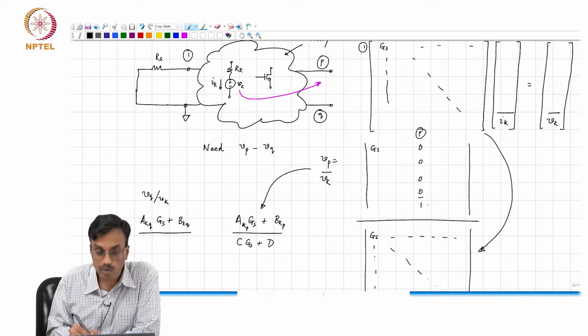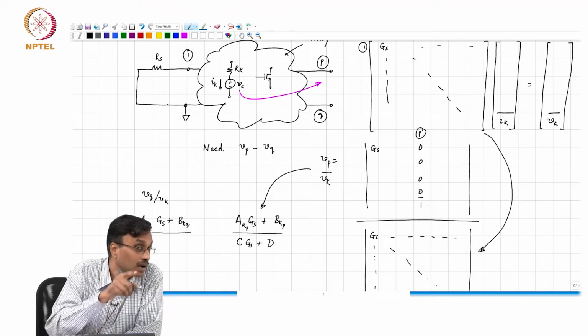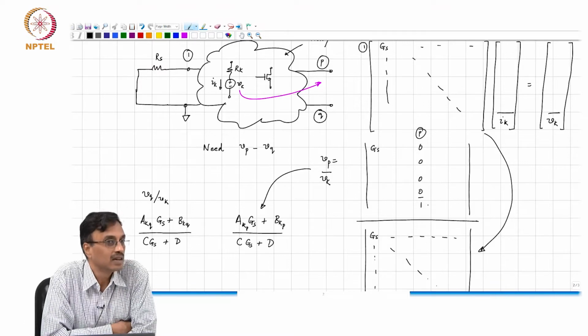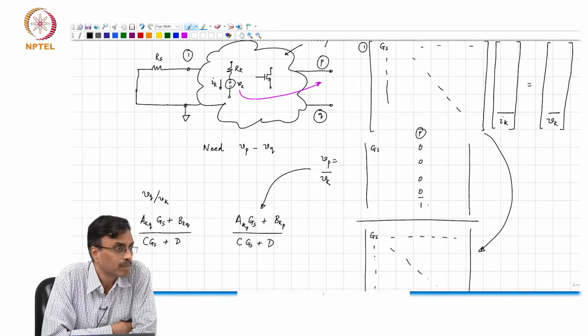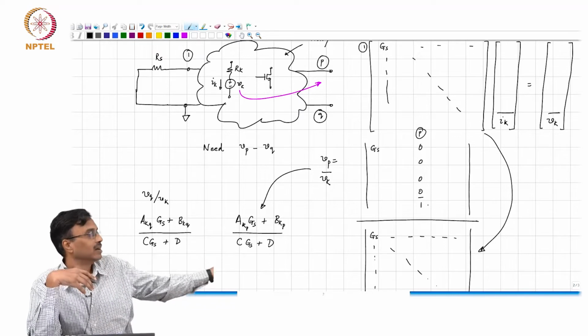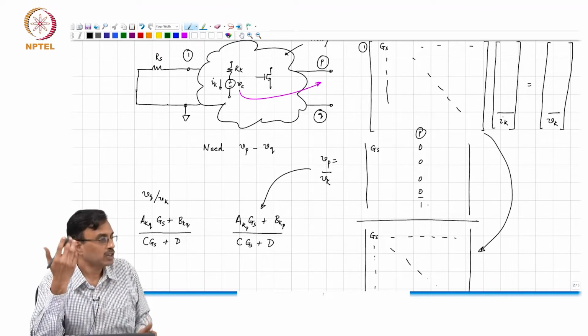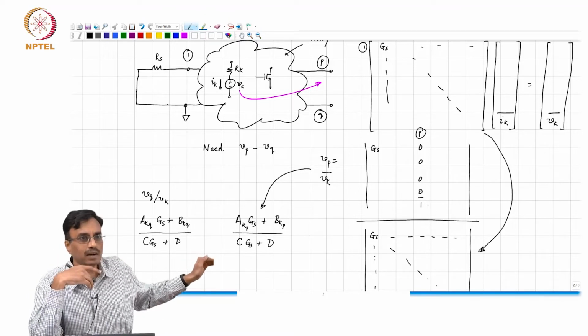What comment can you make about the denominator? C GS plus D, and why is the denominator the same? Oh, well, the matrix below is the same, I mean the determinant below is the same. So, the key takeaway is that